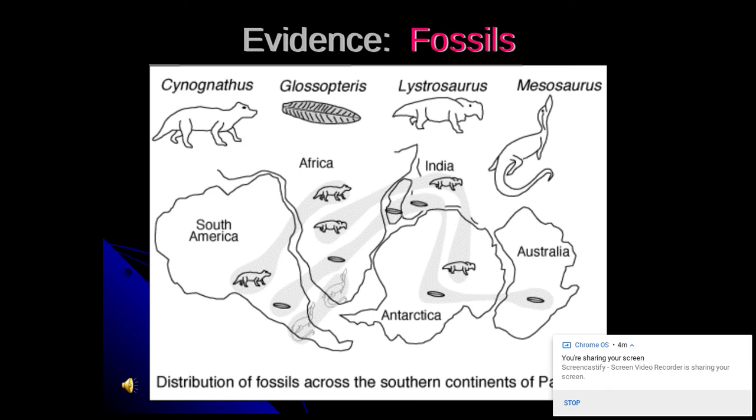Now, fossil evidence. This diagram is showing you just some of the continents, not all of them. But look at these fossils. First, you've got the Cynognathus, which is a land-walking animal in South America, Africa, India, Antarctica. How is an animal like this going to be able to get to all these different continents? They had to be together for it to walk to the different continents. The Glossopteris is a fern-like plant